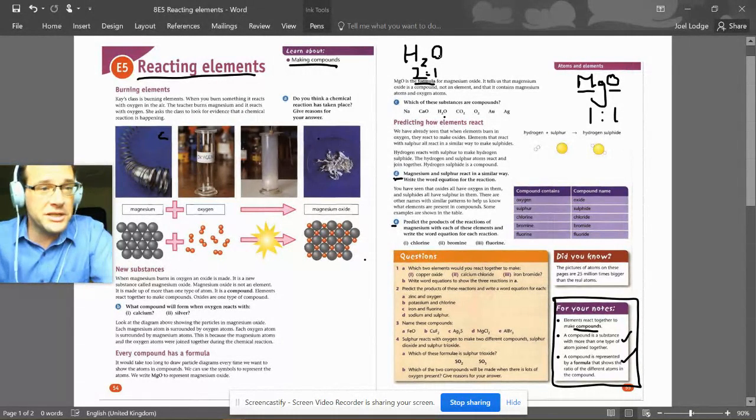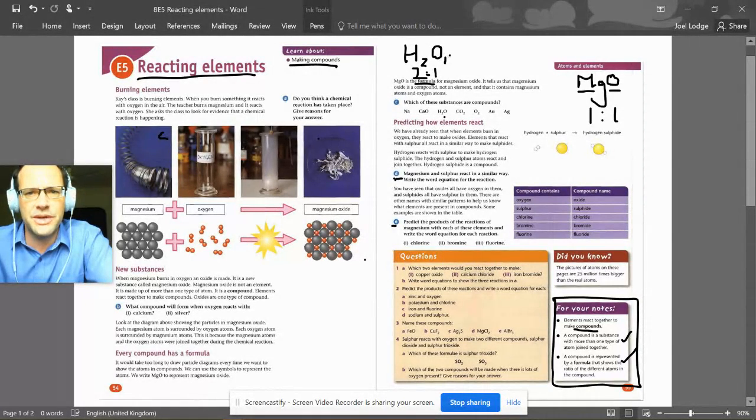If there is only 1 atom of oxygen in the compound, we don't put a number next to it. We don't say H2O1. We just assume that if there's no number, there is only 1 atom there. Okay? If there's any more than 1, we have to put the number. Okay, so there's what the formula actually means. It's a ratio of the number of different atoms in that compound. Okay, so for your notes,